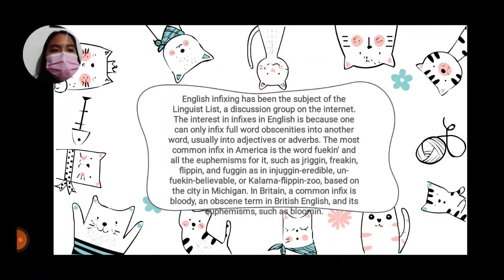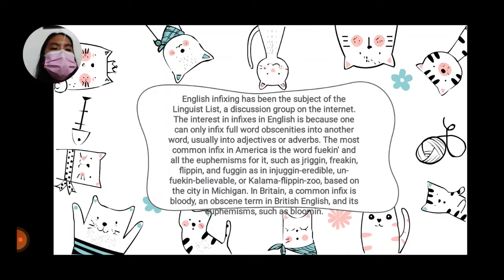English infixing has been the subject of the Linguist List, a discussion group on the internet. The interest in infixes in English is because one can only infix full word obscenities into another word, usually into adjectives or adverbs. The most common infix in America is the word fuckin and all the euphemisms for it, such as friggin, frickin, flippin, and fuggin, as in